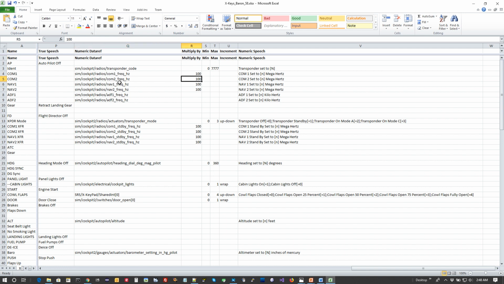So that's what this multiply by does. It says, if I got a value in this multiply field, it'll take whatever you entered on the numeric keypad, multiply it by this value, and then jam it into that data ref. So that's how we're able to enter those numbers and get that single key for COM1, COM2, or whatever to do one of two things. Either A, it'll toggle the audio panel on or off,